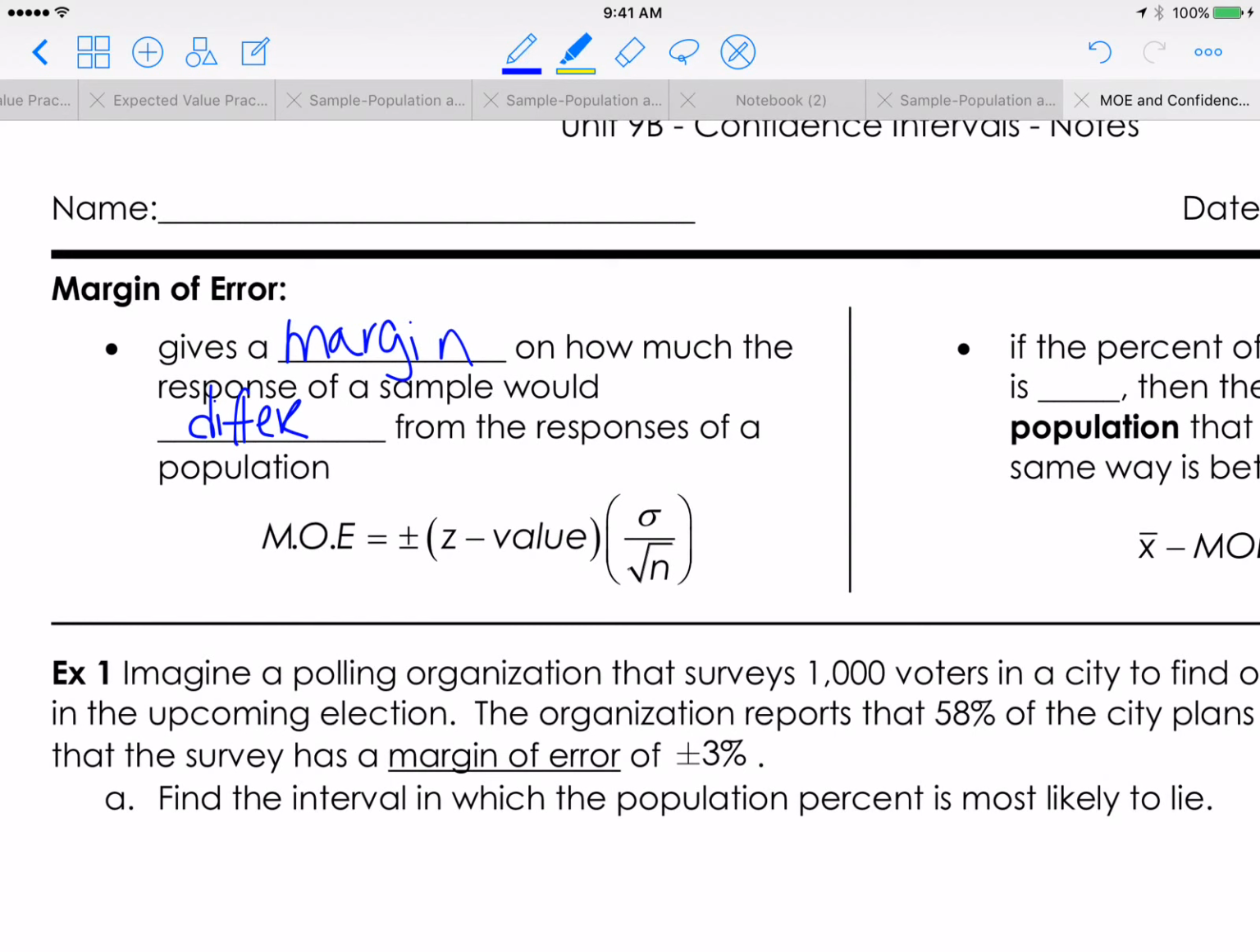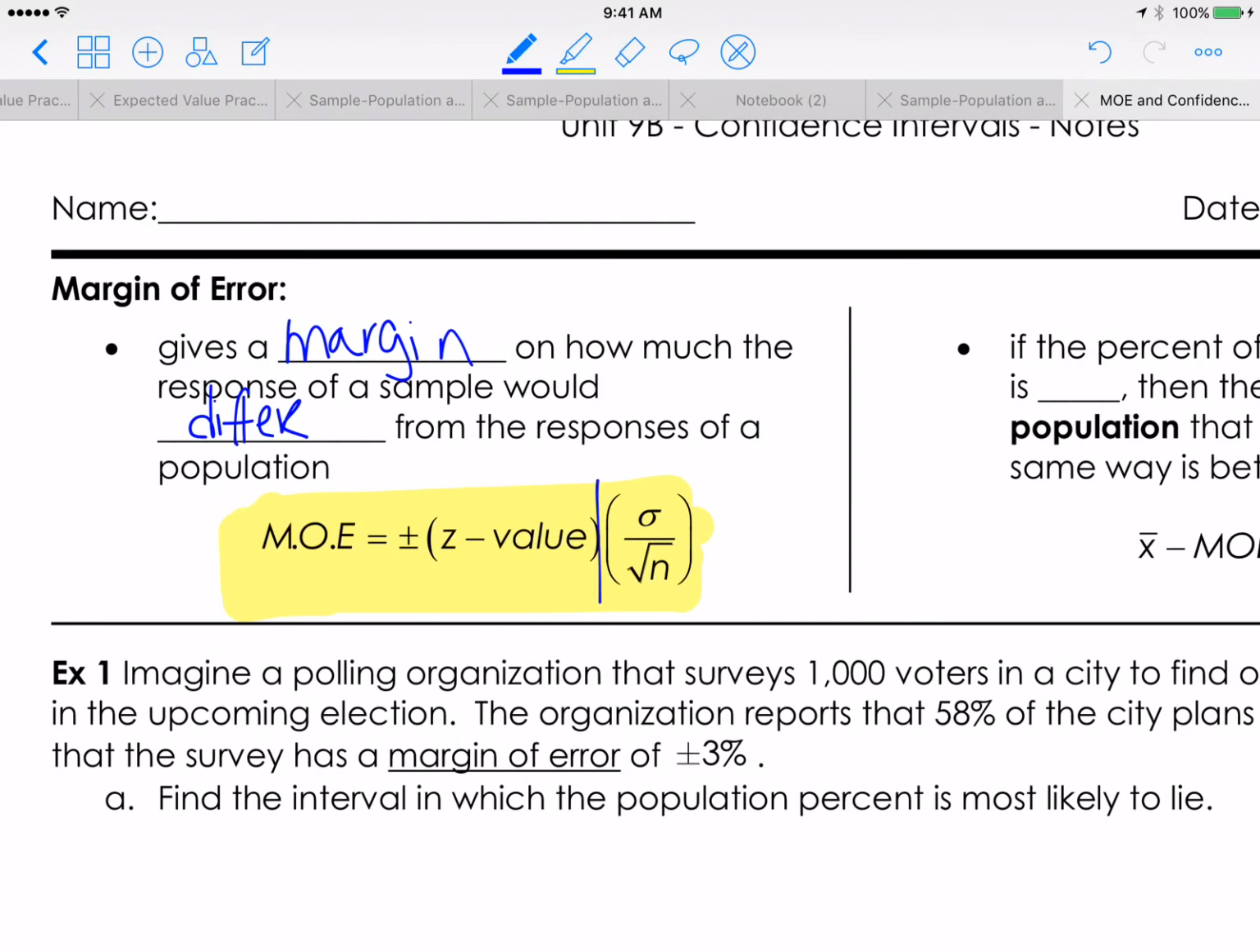So here's a formula that we need to know, and this MOE is just an abbreviation for margin of error. And it says it's equal to plus or minus. Why is it plus or minus? Because if we have a z-score, then we have it going in one direction from the center, a 0, and to the other one. So that's why we have plus or minus your z value times